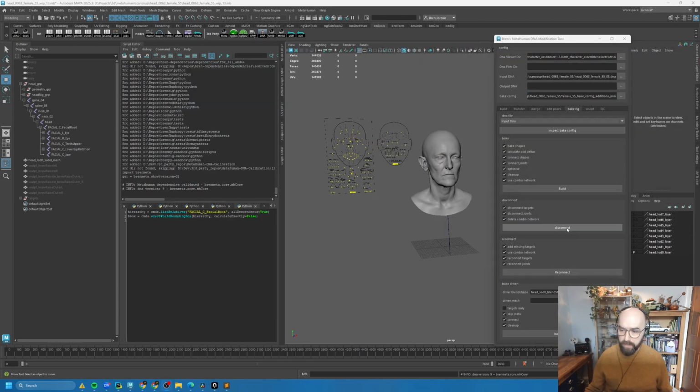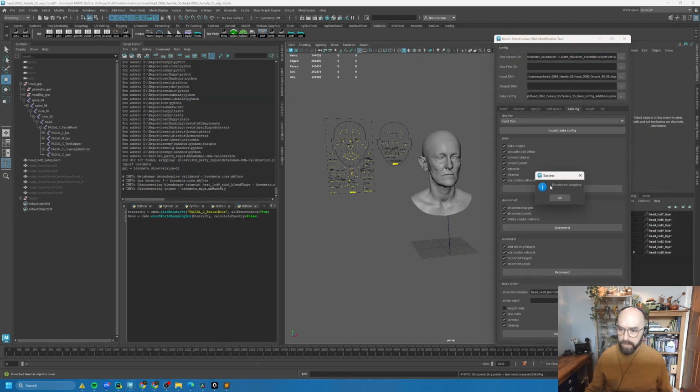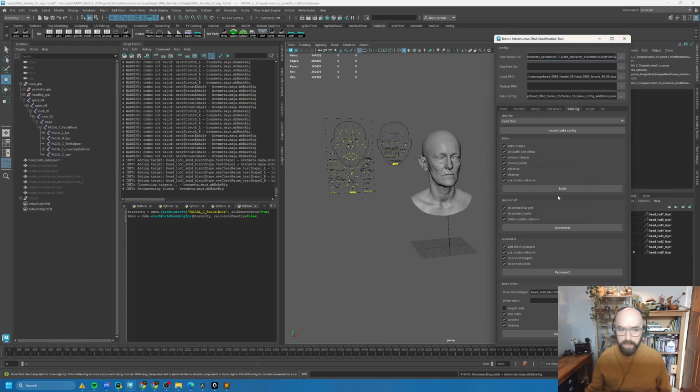So first we need to disconnect the rig. That's going to tell you when it's done. That's going to delete all the existing rig logic so that we can recreate it. And then we're going to click reconnect, making sure that we have add missing targets ticked. This is going to give you a confirmation saying what it's going to rebuild from. And when that's done, if you look in the script editor, we'll have some printouts here saying that it's added